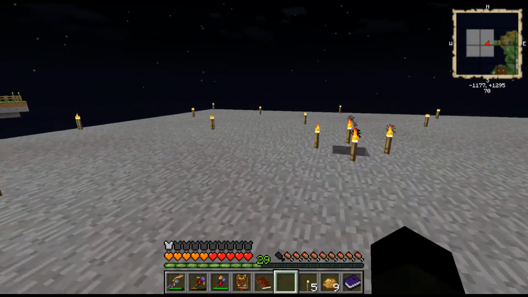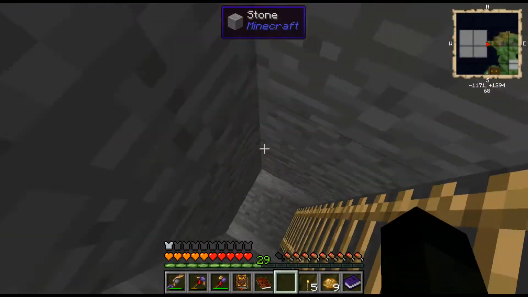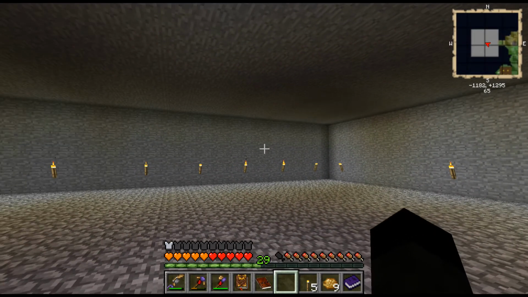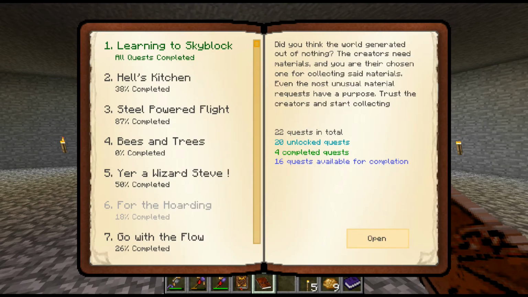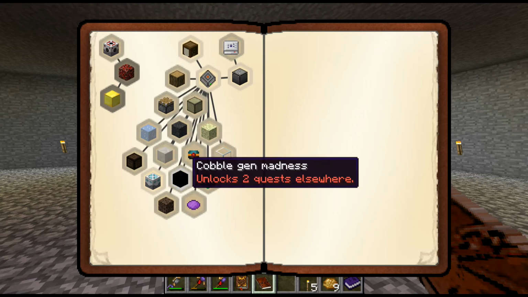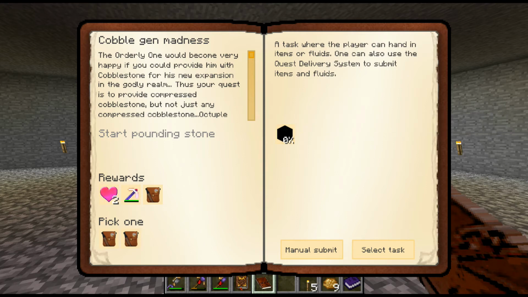I have built this area. This is a huge, huge, huge brick slab. And in here I have built a huge, huge, huge square room. Now there is a quest which, let me get myself for the hoarding open. Cobble Gen Madness. Now, octuple compressed cobblestone. Just to put before I start building this stuff, octuple compressed cobblestone is, let me come over to my little calculations,